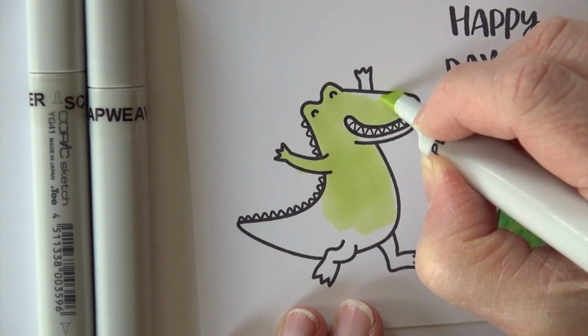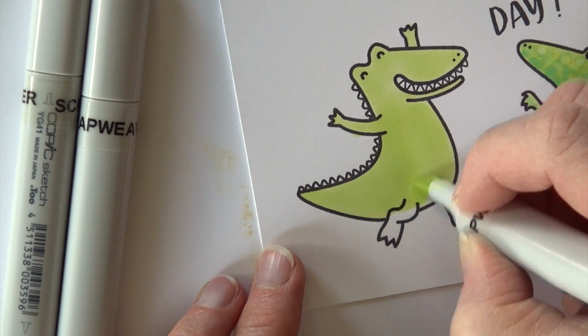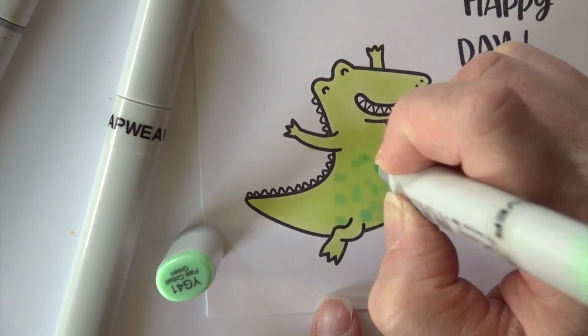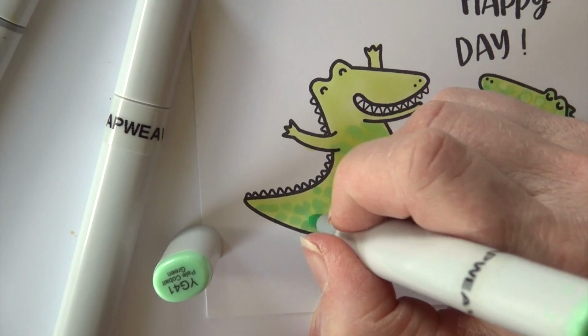So you're going to notice I'm going even faster at this point because I've sped myself up even faster. I figure you've seen the process. You can see now what I do on the second crocodile, but we've kind of talked through it once. I've added that base of YG21. I'm adding my first layer of dots. This goes all over the crocodile with